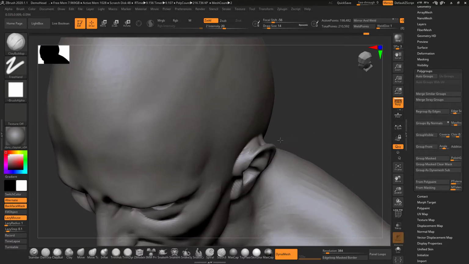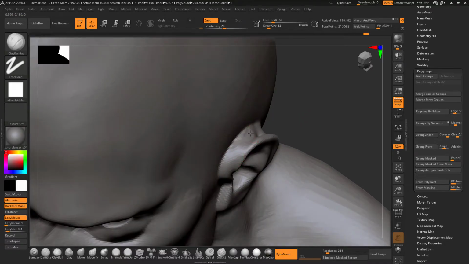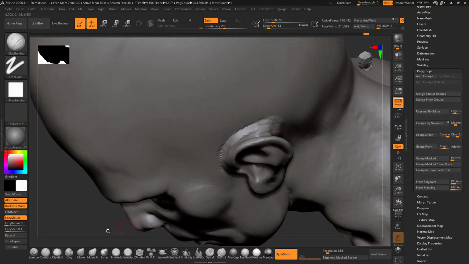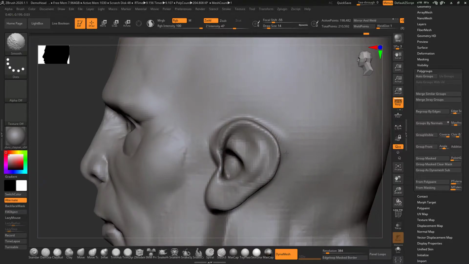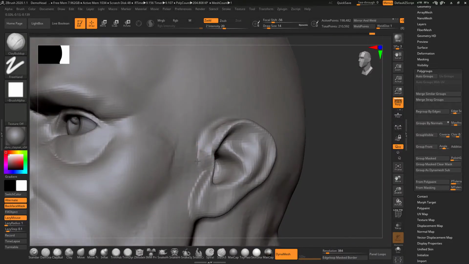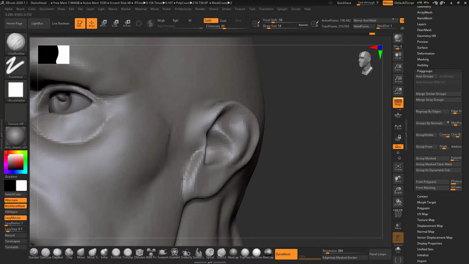I will have to fix these deformities that come when you move some part of a mesh that is merged together. So I can simply sculpt it out, and it hardly takes a few minutes to clean it up.